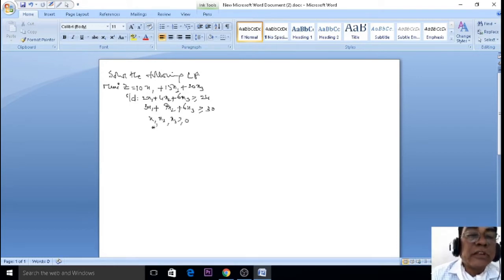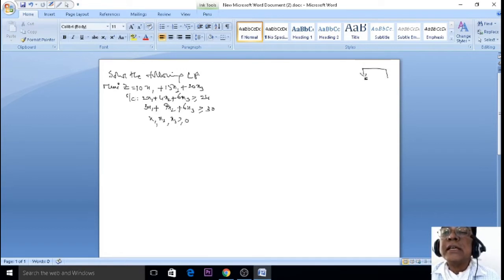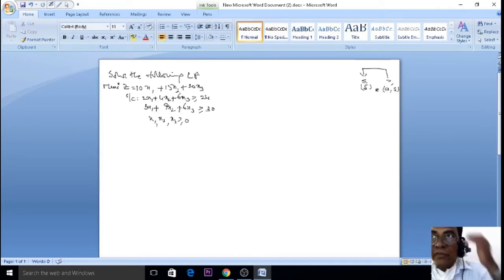Suppose sometimes the equation is given like this. So what is our logic here? These are less than or equal to, greater than or equal to only. For less than or equal to, introduce a slack variable; for greater than or equal to, an artificial variable. Once we introduce artificial variables, we have to use M. That is called the big M method, also called the penalty method.